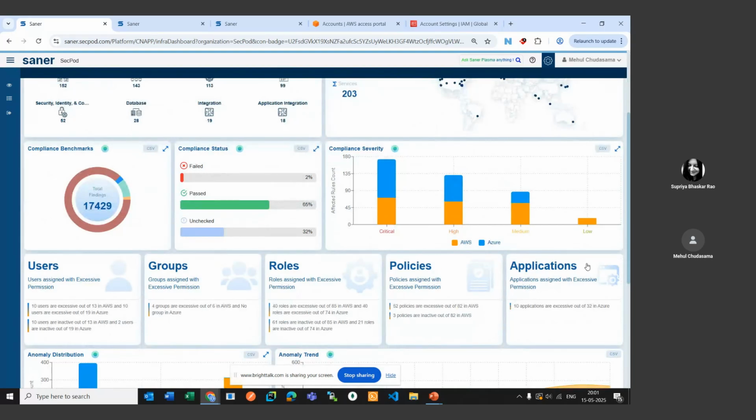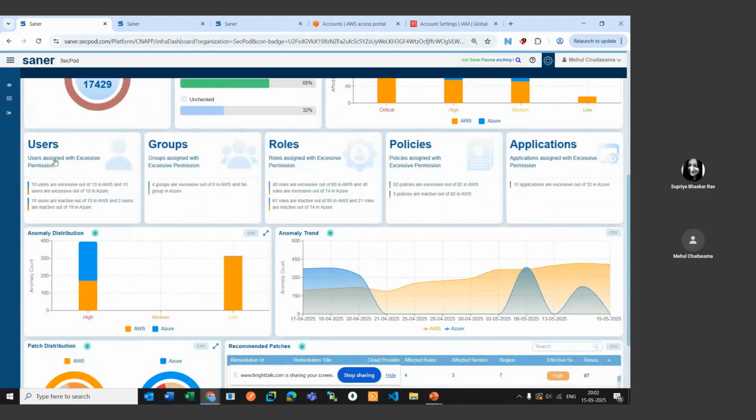This particular section is for the compliances and benchmark, the CSPM module that I'll talk about in a little while. Here you'll be able to see the total findings of the benchmark misconfiguration. This is a combination again of AWS and Azure both. You can see the compliance status and also you can see based on the severity. Here you'll see that we have segregated based on AWS and Azure. By looking at this, you can see that we have a total of 131 compliance configurations, out of which 61 are in AWS and 70 are in Azure.